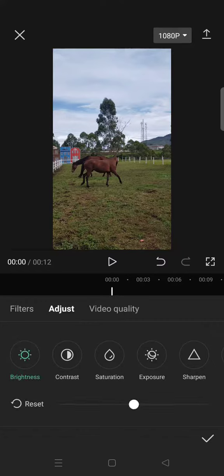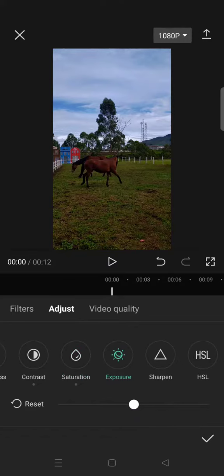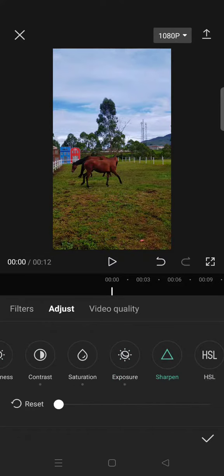So first, set the brightness into -10 and then the contrast into 10 and saturation 20. Then set the exposure into 20, sharpen 100, sharpen 20 also,